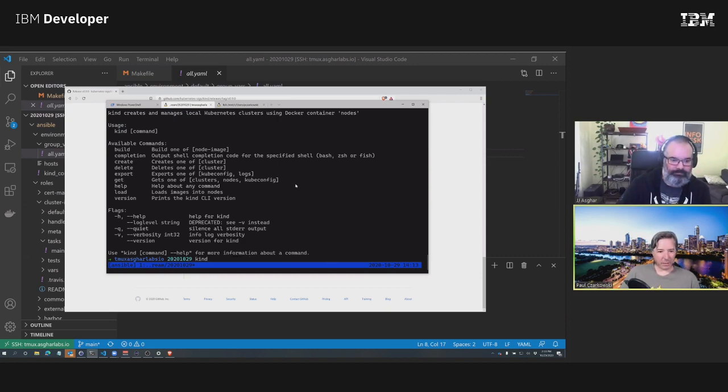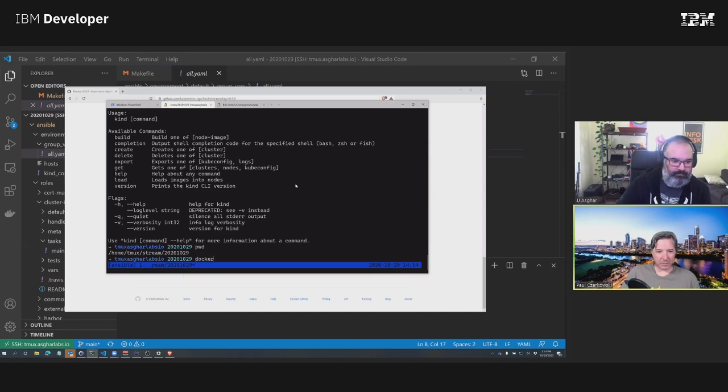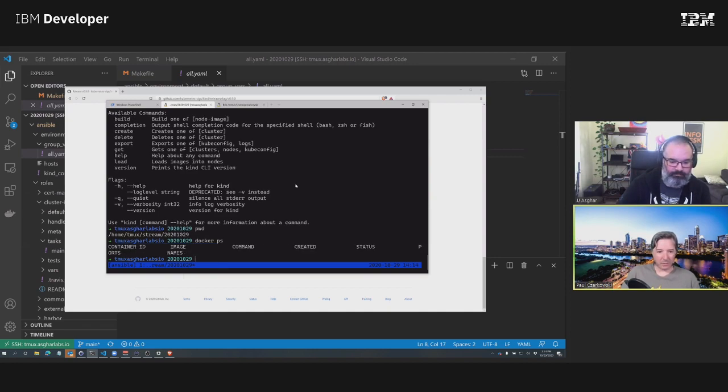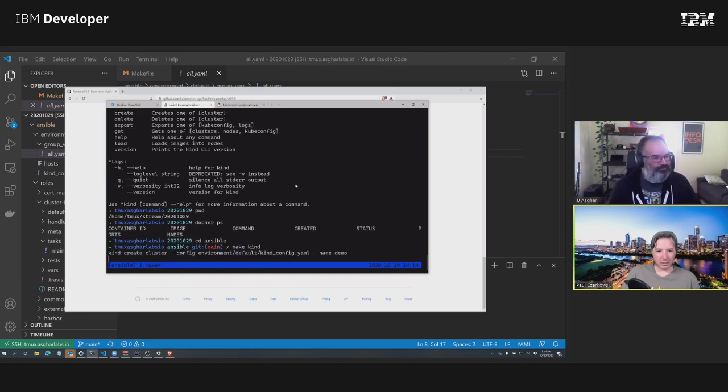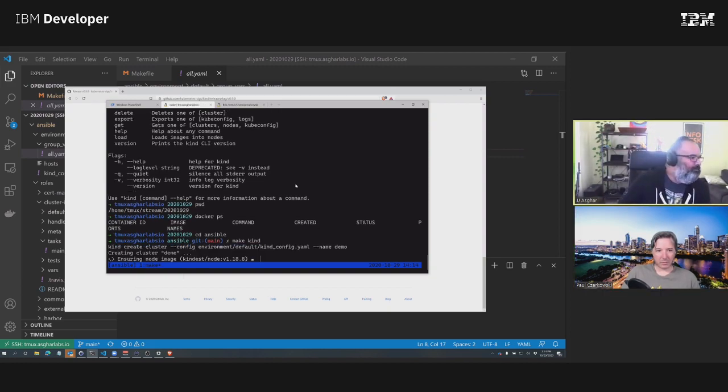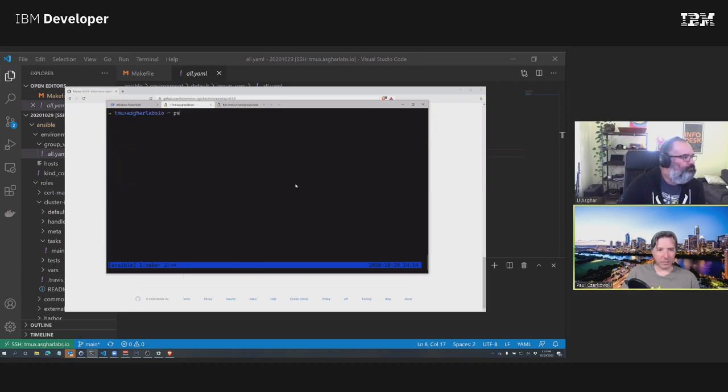So now we have kind installed. We can attempt to stand up a cluster. So docker ps, that looks good. So jump back into here. We can do a make kind. Here we go. So that's going to spin up a new thing. And while that's running,